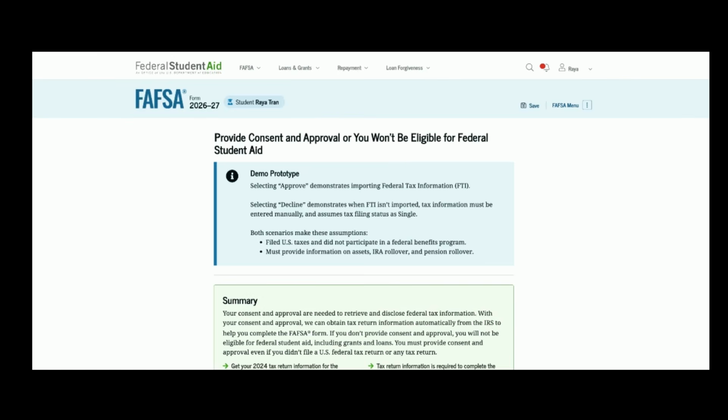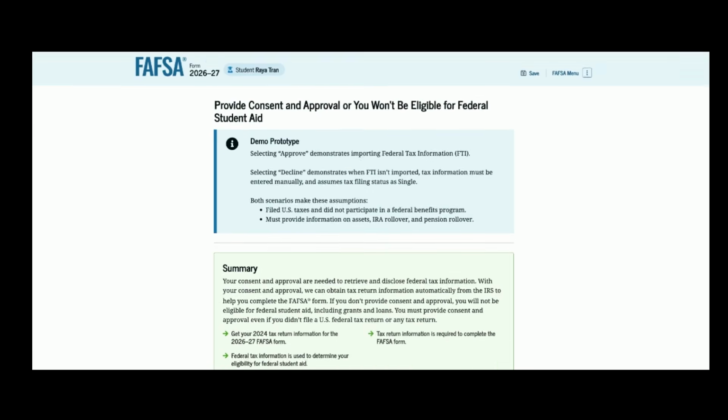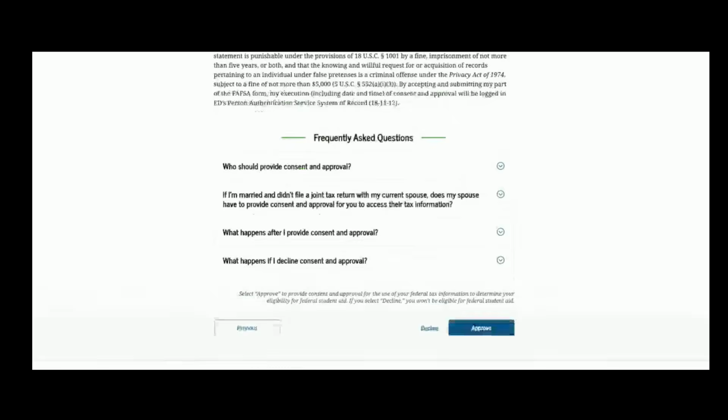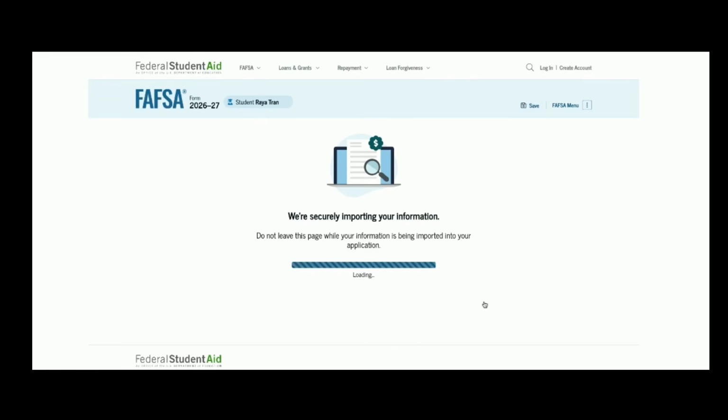Now, every contributor to the FAFSA going forward has to provide permission for the IRS to share any tax information that's available for purposes of completing the FAFSA. And that's even the case when an individual contributor, like a student, may not file taxes in a given year. As you'll see here, it would be the 2024 tax return information that'll be used for the 26-27 FAFSA. And because of this, if a student didn't file a tax return in 2024, they still have to provide consent to share this information. So as we scroll down, we'll see that the student would approve consent to share information,